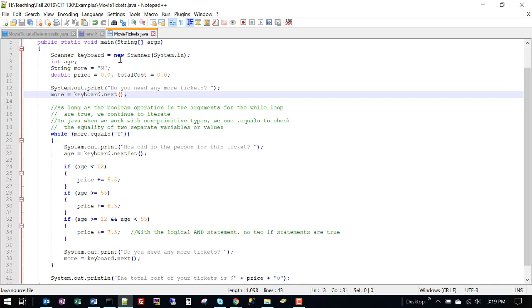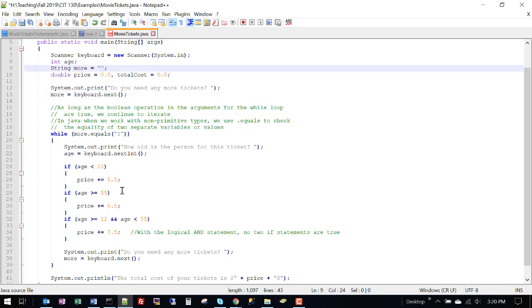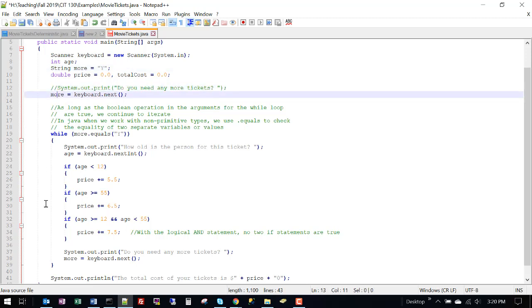One is we could initialize our loop to yes, and then we can remove asking ahead of time